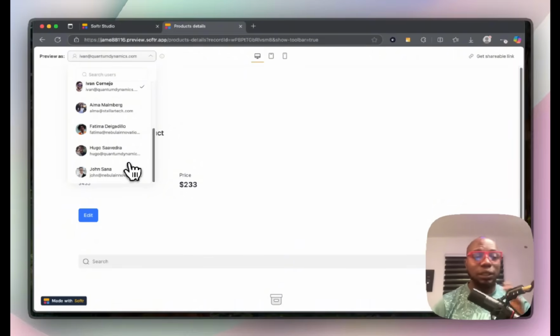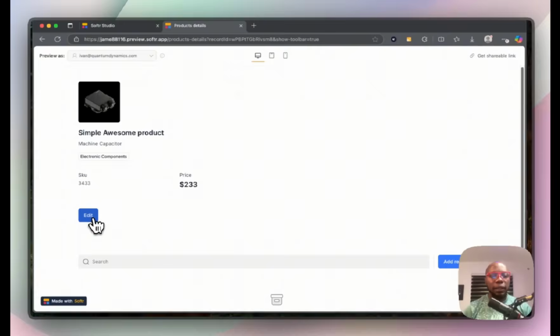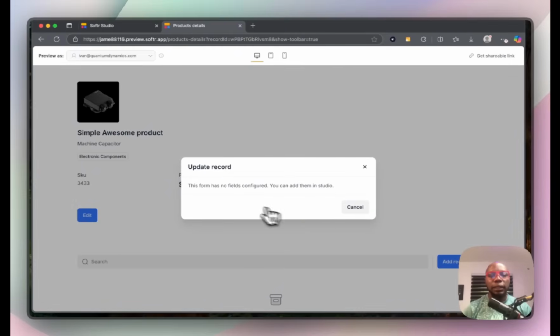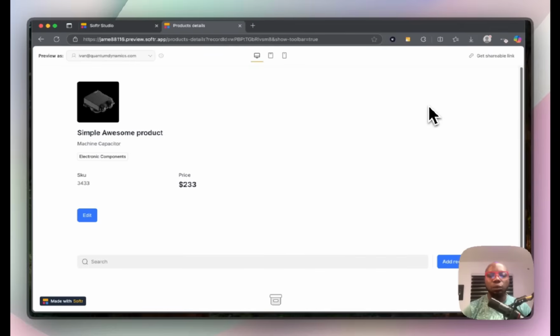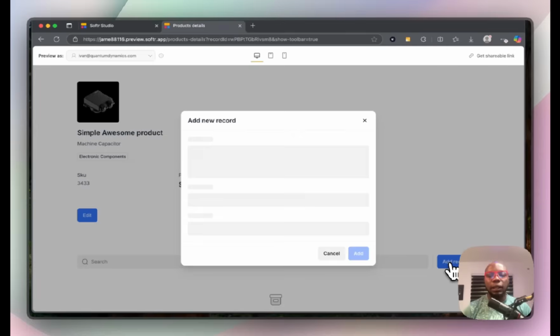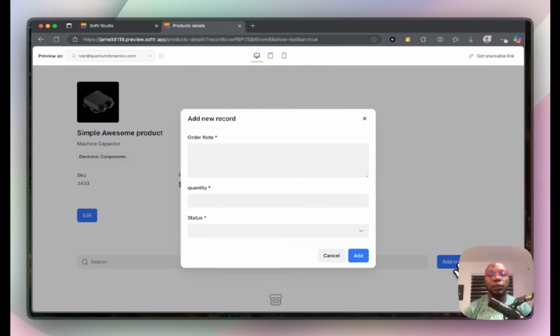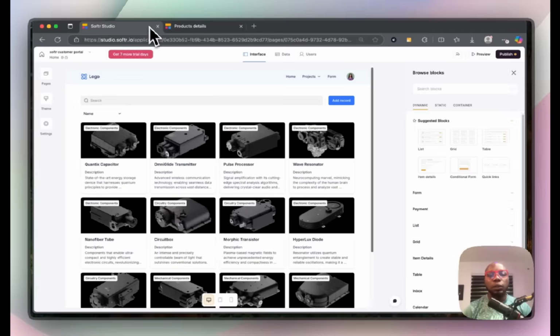You can test as any of the users here, especially if you're trying to test something with different user roles. Here I can edit the products. It doesn't have a feed. We didn't put any feed here, but we can do that later. And then we can create another. So we just said create a record, but what we should be doing here